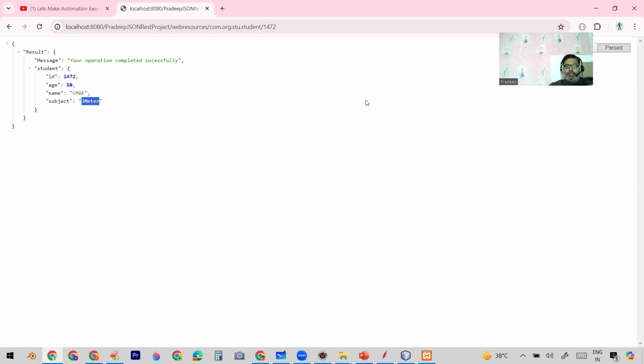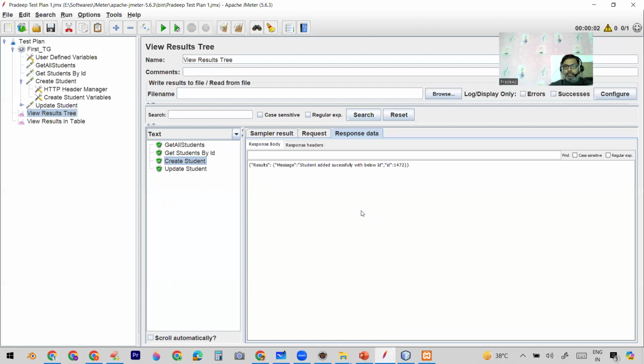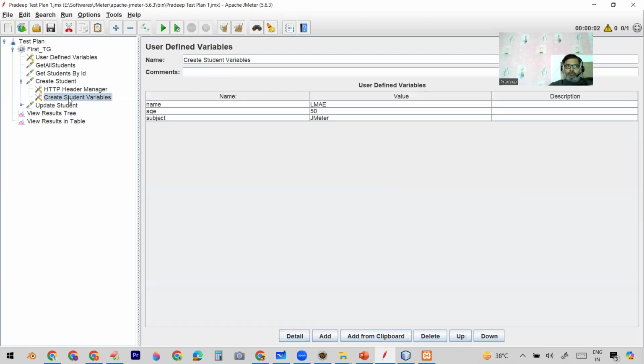This API is actually deployed on my local machine. That's why I can show you everything here. So it means it is working fine. What is the advantage here? Next time, suppose you want to run your automation, you don't need to come to the request. You will simply come to the variable here, and here you can change the data. For example,